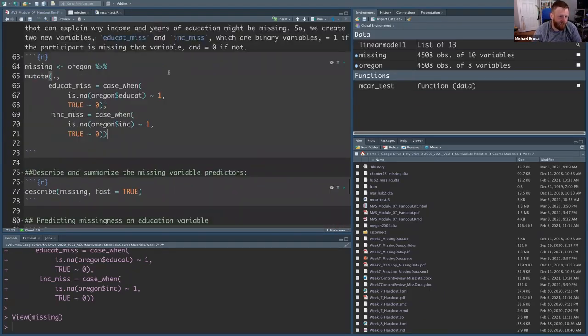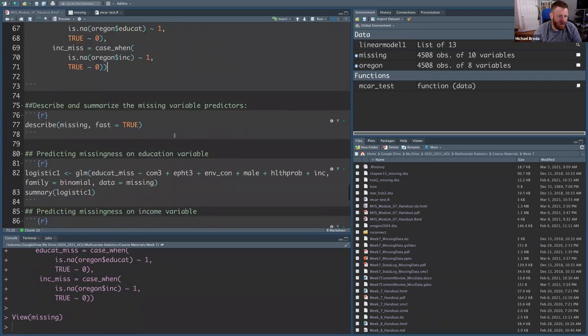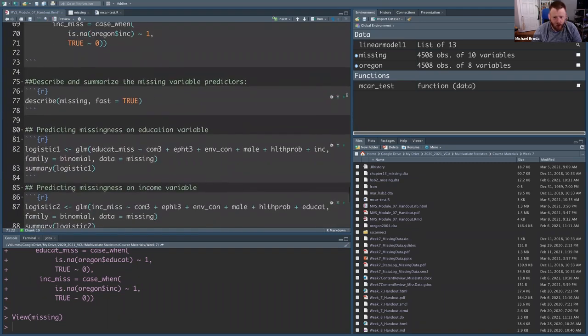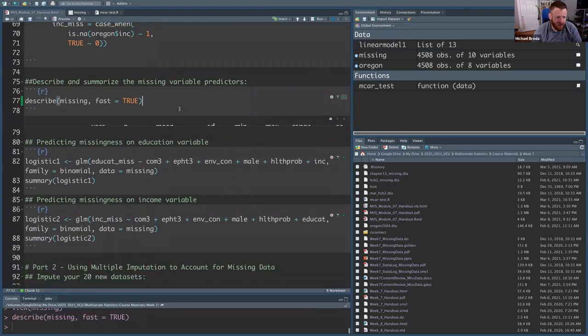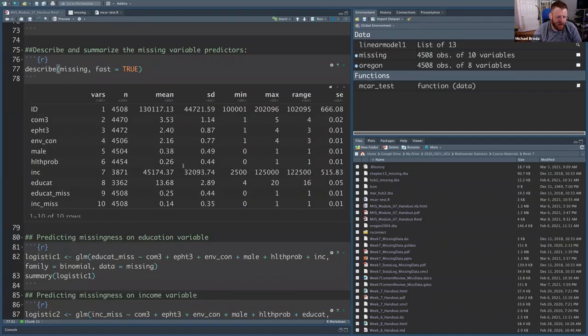Okay, all right, so that's my new data set. We'll go ahead and describe this again using the describe function. And the most useful part of that are the last 2 variables here. These are my new variables. And the mean here should be about the proportion of observations that are missing. So here, the mean of educat miss is 0.25. So that means since it's only coded as 1 and 0, about 25% of the observations are